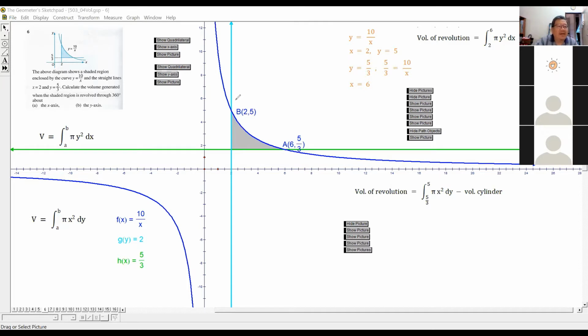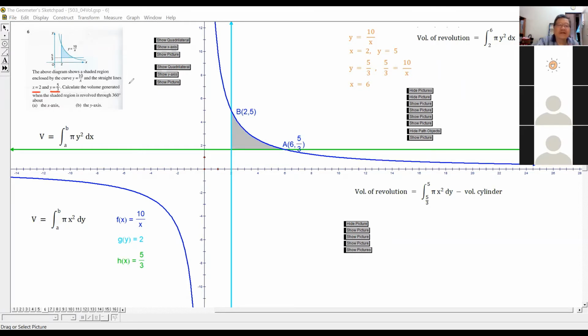So this area is bounded by the curve and the perpendicular lines x equals 2 and y equals 5/3. Okay, these two are perpendicular lines here. One is x equals 2, another is y equals 5/3. So this area bounded by them is